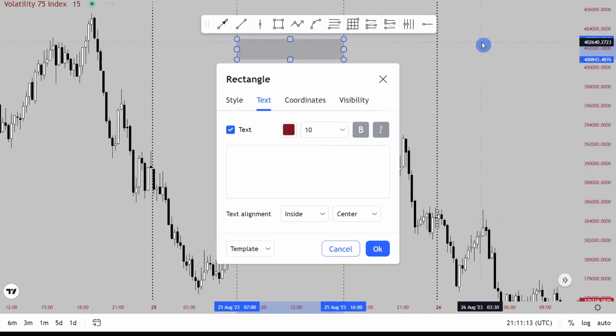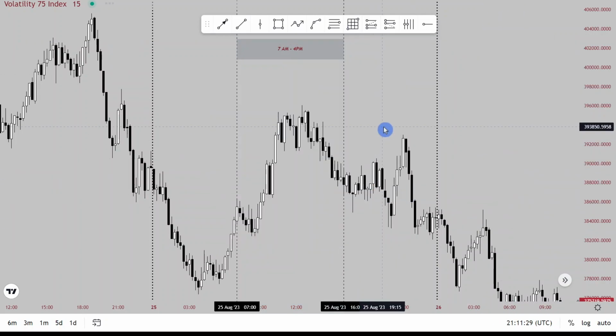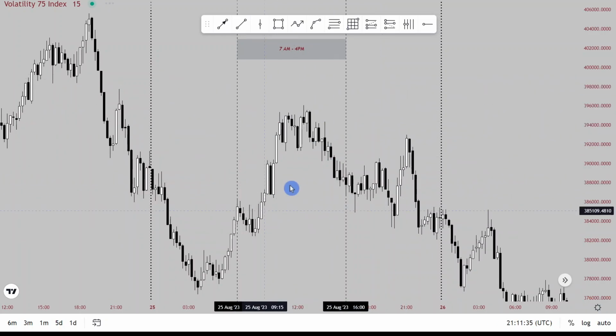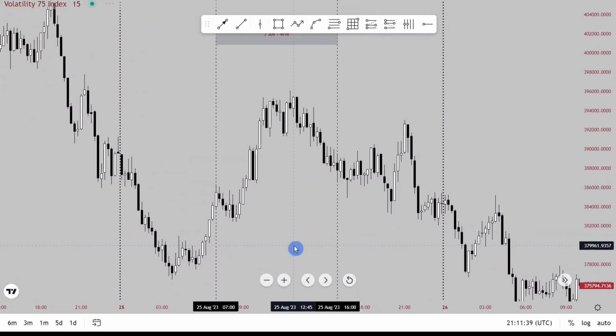So 7 a.m. to 4 p.m. Ghana time. Is that right? So you have to convert this time into your local time to know this time interval. Okay. Now, what I look for within this time interval, when I get on the chart and I'm looking for setups,